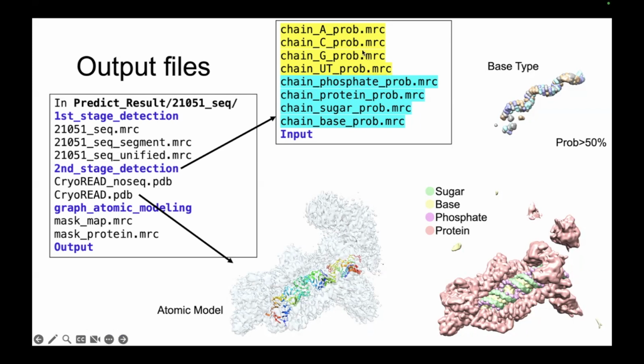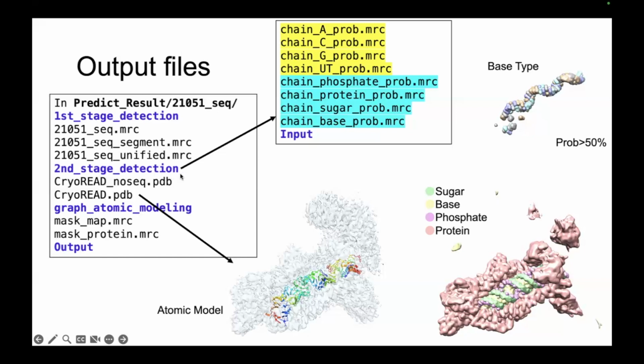So for example, these first four MRC files will give you the predicted base type with the probability values. I visualize these four maps using a probability cutoff of 50%, so contour level 0.5. Then it will show what kind of base type is predicted at these positions.